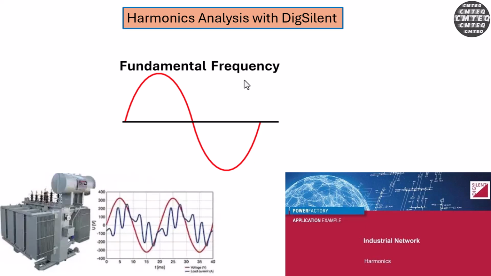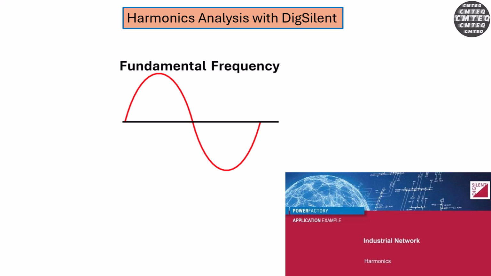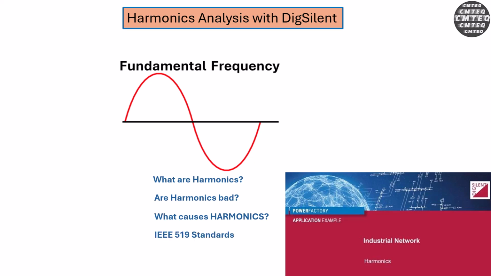What exactly are harmonics? Once you know what harmonics in power system are, the next thing you'll want to know is whether they are bad in your power system network, and also what causes harmonics in your power system network. That way you can try to mitigate factors and prevent harmonics from occurring in your power system network. And finally, we're going to look at the IEEE 519 standard that basically defines the limits for harmonics in